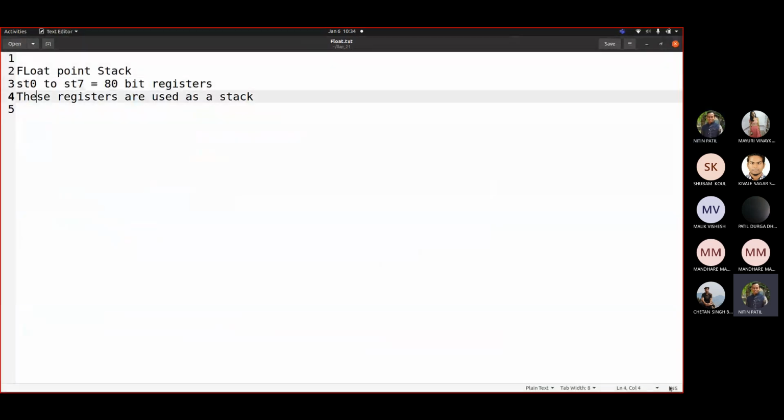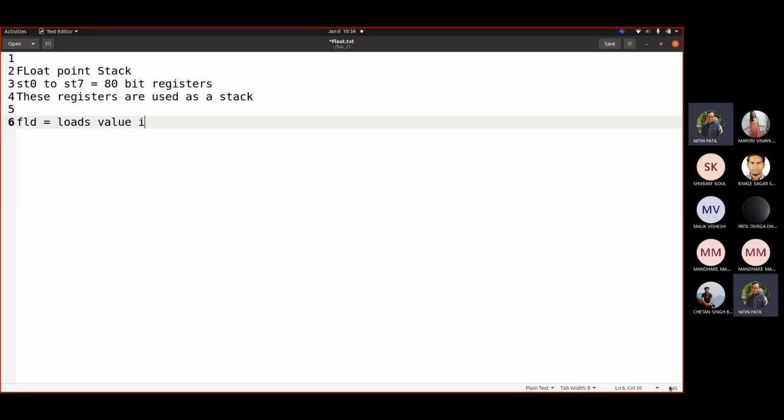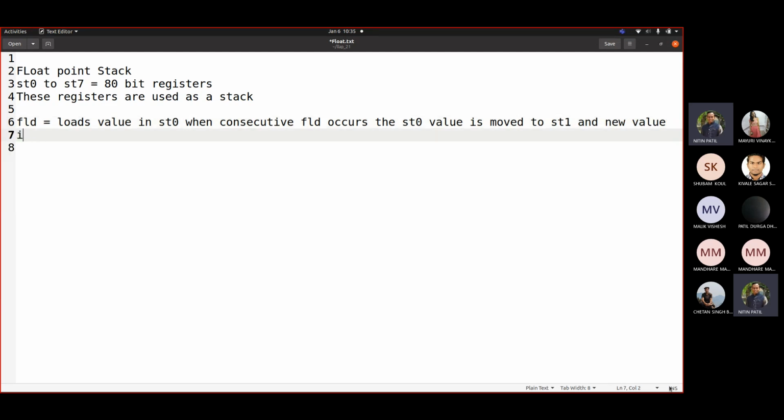So we saw FLD loads the value in ST0 always. When consecutive FLDs occur, the ST0 value is moved to ST1 and the new value is loaded in ST0.